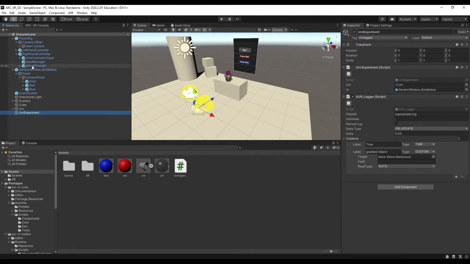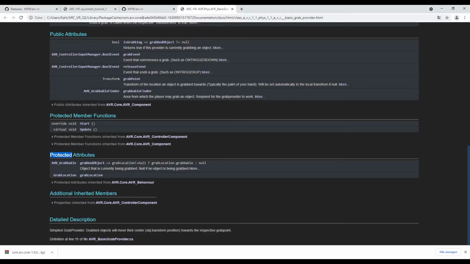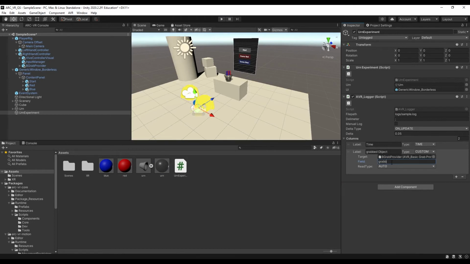So we are going to select the basic grab provider as our target and set the field to the grabbed object. So I'm going to insert grabbed object here. And then for the read type, we're just going to leave it on auto. And if I now run the experiment again,